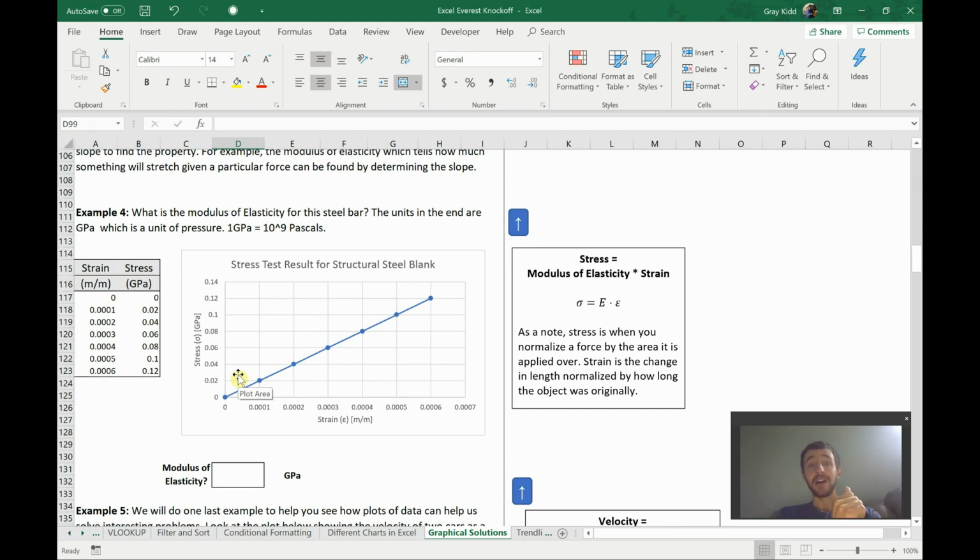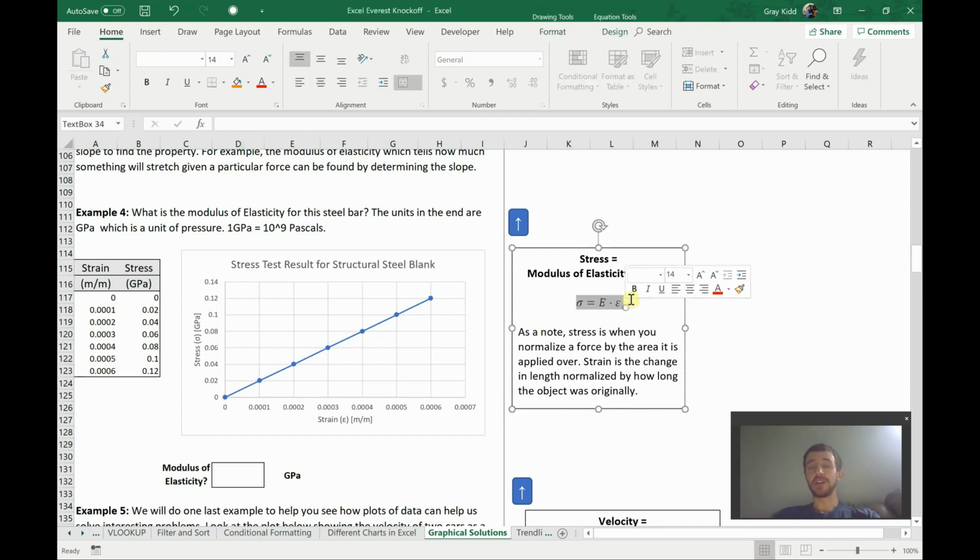But coming back to it, what it says is if I stretch something, if I pull on something with a certain amount of force, how much does it stretch? Does it stretch a lot? Does it stretch a little bit? The larger that number for your modulus of elasticity, the less it will stretch. And so how do you figure it out? Well, use this equation right here, which is actually called, I